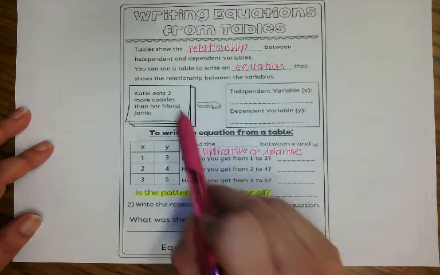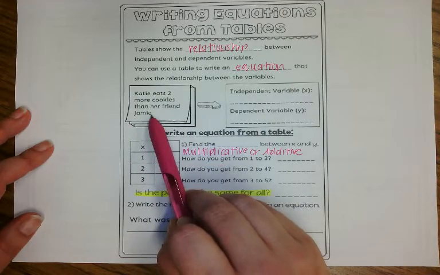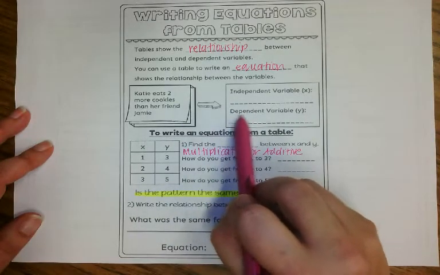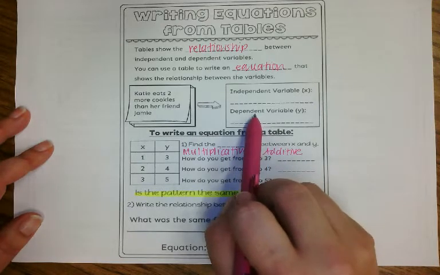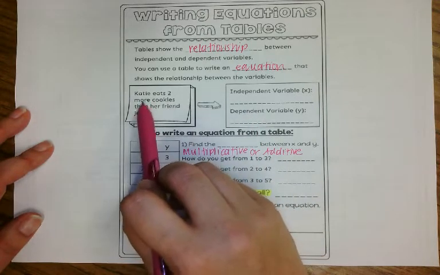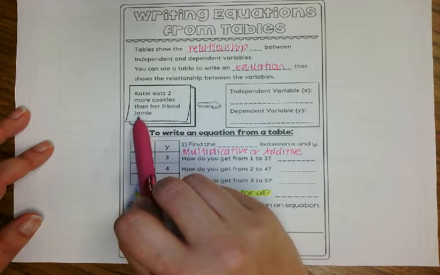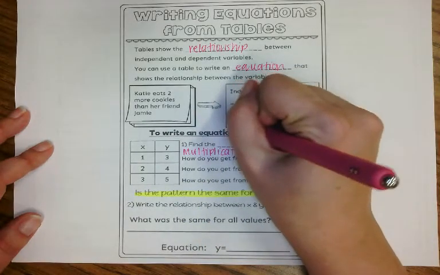So as a review, we're going to use this situation to decide which is our independent variable and which is our dependent variable. Katie eats 2 more cookies than her friend Jamie. In this situation, to me, it's easier to identify the dependent variable first. The number of cookies that Katie eats depends on how many cookies Jamie eats. So our dependent variable is going to be Katie's cookies,